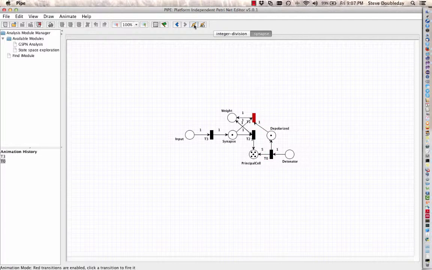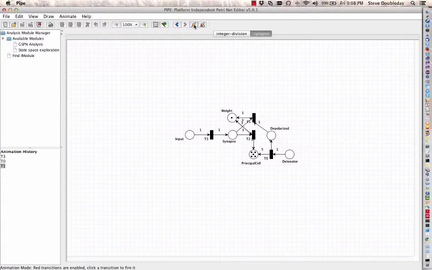And if we fire again, we'll see the detonator place is now empty, and the principal cell has a large quantity, 5 being treated as large, of signal, if you will, and at the same time we have the depolarized place signifying that the principal cell did fire. So now we have the two events that are required for Hebbian learning. The synapse has signal from the upstream cell body, and the downstream cell, the principal cell, has depolarized. And so as a consequence, we have one more transition that's enabled for firing. We'll fire it, and the